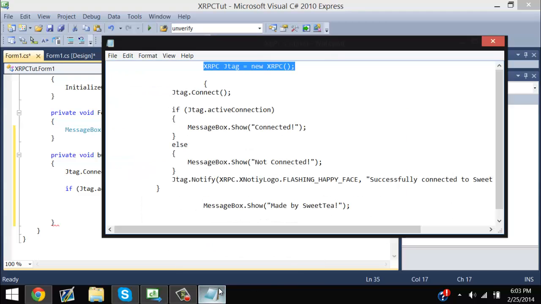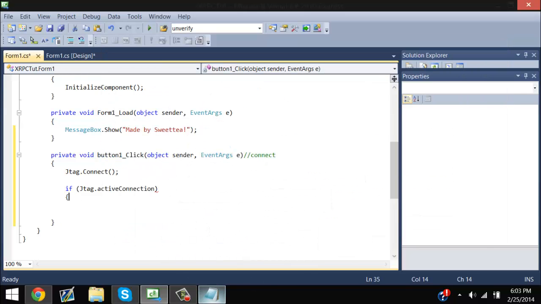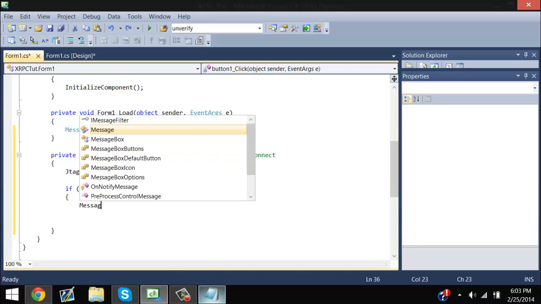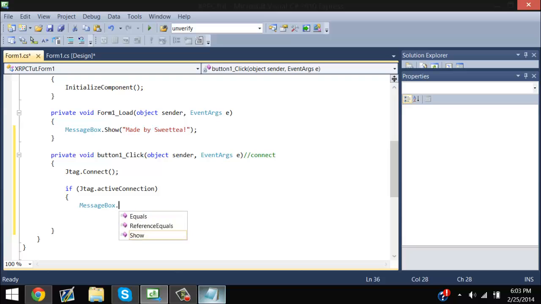If the JTAG has an active connection, we want a message box to show up. Okay. So we're going to type in MessageBox.Show, connected, or whatever you want to say. So you could have it say active connection, connected, you successfully connected. This is just going to be once you hit that connect button, it's just going to say like congratulations, you connected or whatever. If you don't connect, oh,